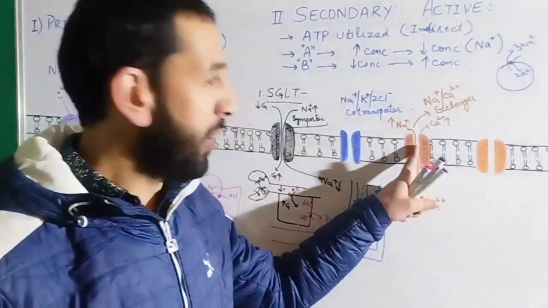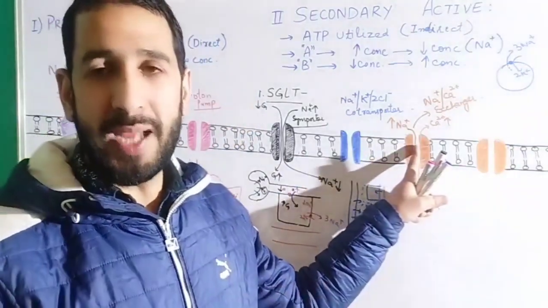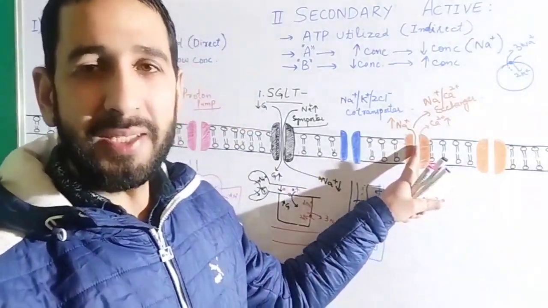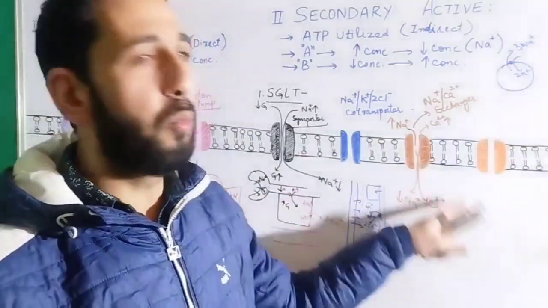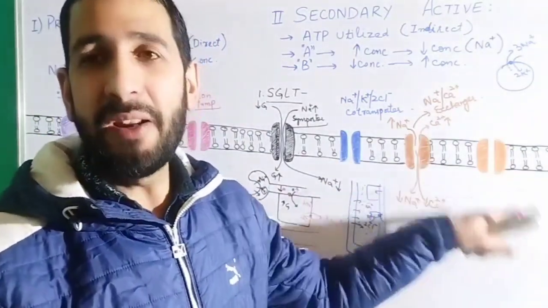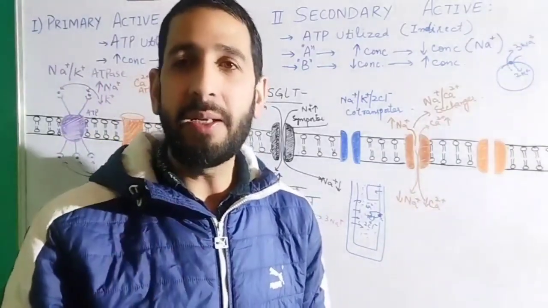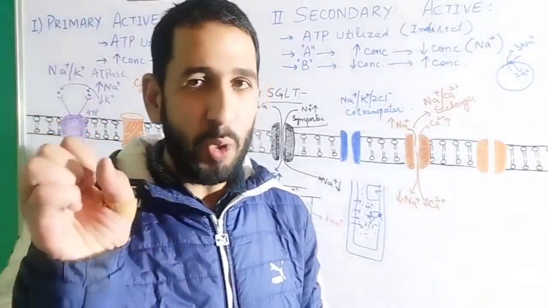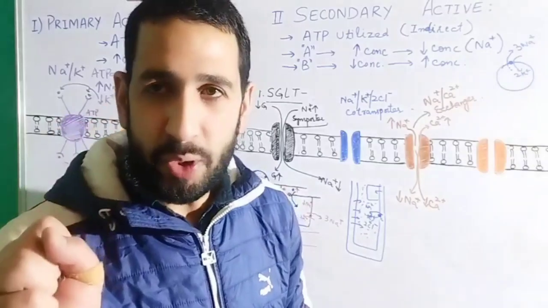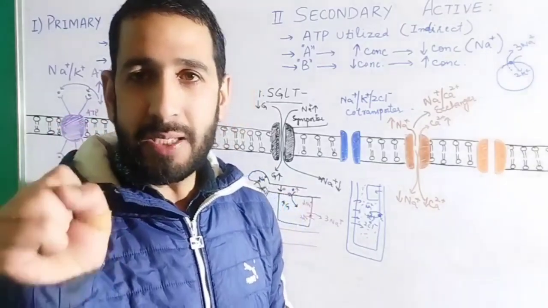That this transporter protein cannot work, and if it cannot work, we will accumulate more calcium inside the cell. If we are accumulating more calcium inside the muscle cell, that means definitely there is going to be increased contractility. So for increased contractility, digoxin actually